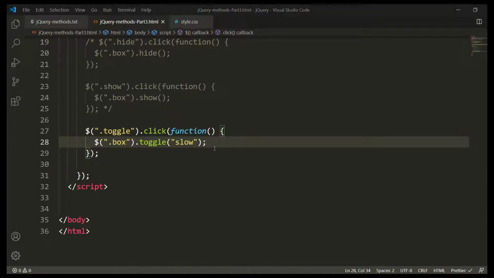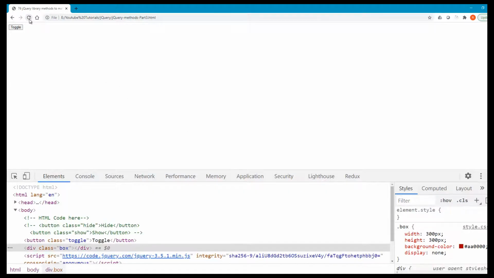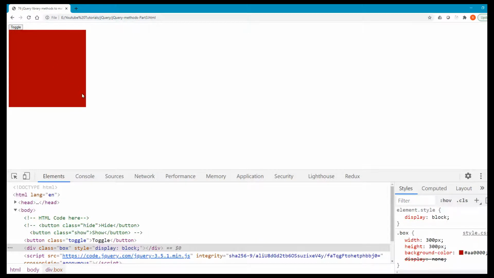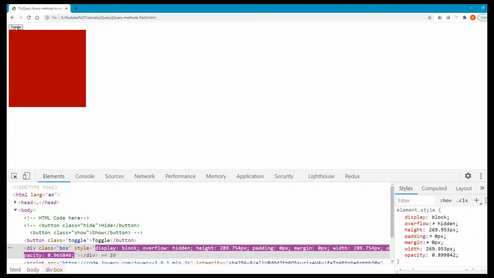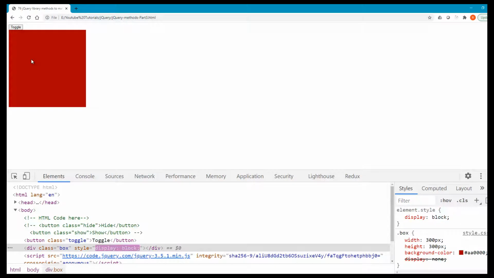If I write slow, go back to my web page and toggle again, you can see it animated the div tag, and if I toggle again, it will animate again. Toggle always does this animation from the top left side by default.